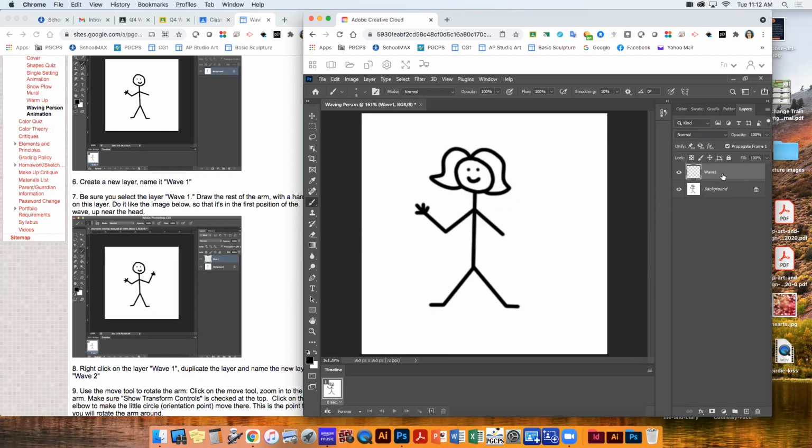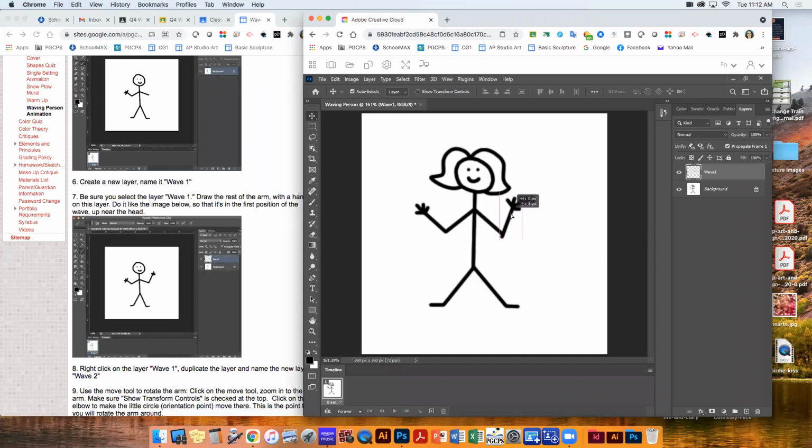So you've got to make sure that you're on that layer. And I'm just going to draw it so it is sticking upward. You don't want the arm to look too weird. Like you don't want it to go all the way over here. And actually I missed the spot there. So I'm going to... 4 fingers for a cartoon. So I'm going to move that arm